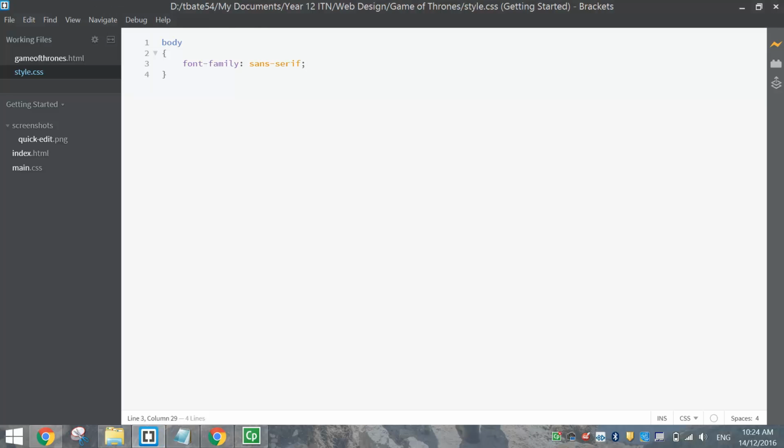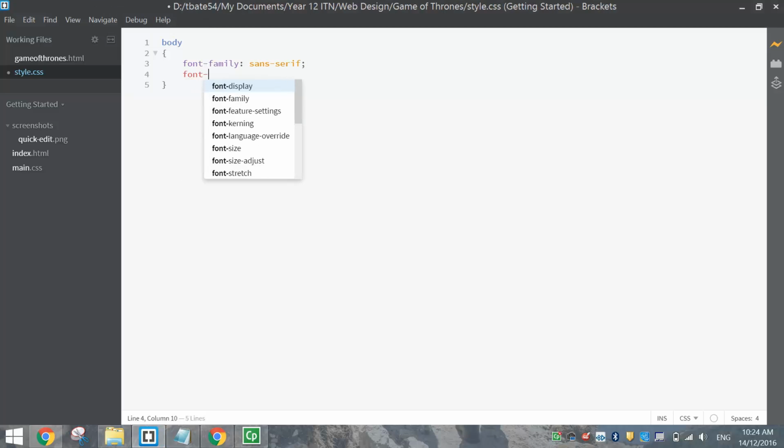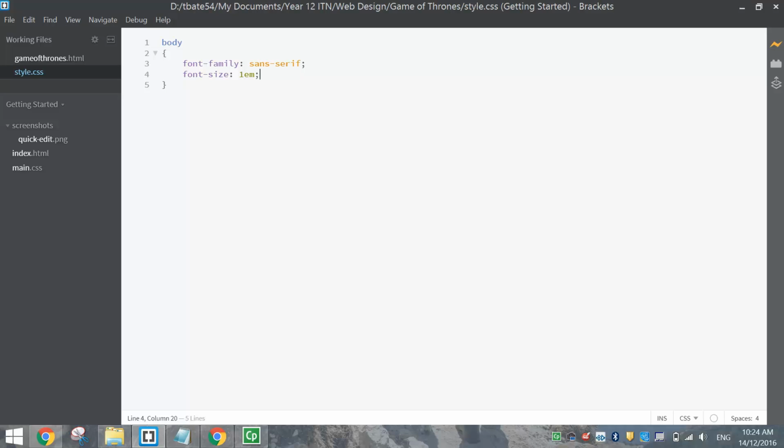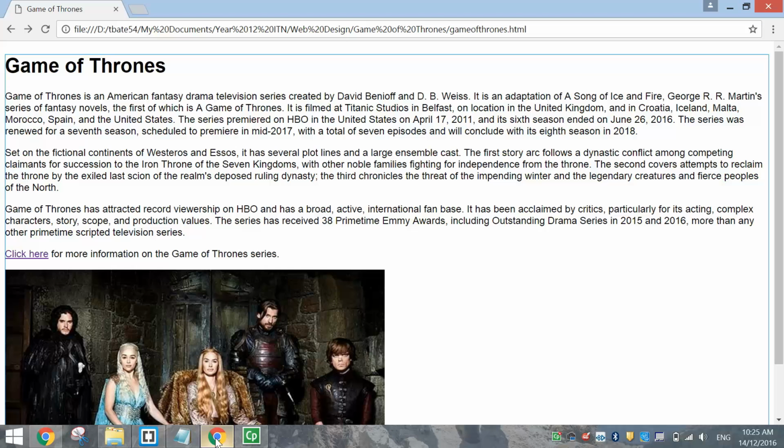Okay, something else we can do is change the size. So we go to font-size, and I use 1 em for my size. I'm still not 100% sure what em stands for, but basically 1 em is the perfect or the most normal size for the screen that you're looking at this web page on. So if you're looking on a desktop screen, the computer's going to pick the best size for your screen. Okay, so if I go back and have a look, it didn't really change from before, but